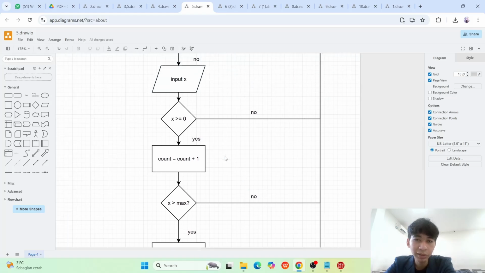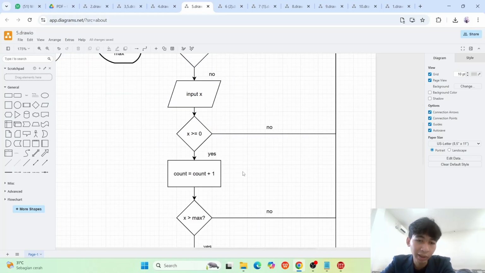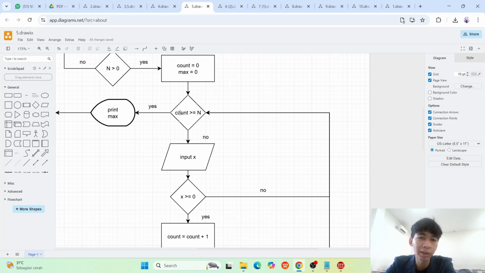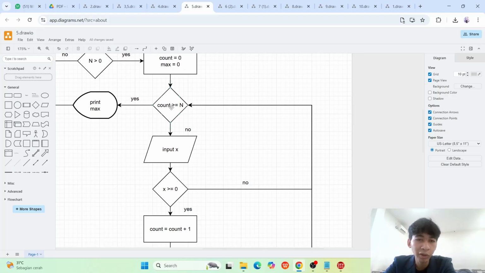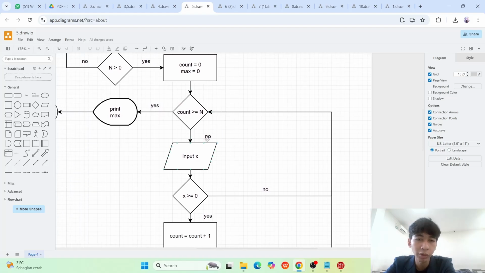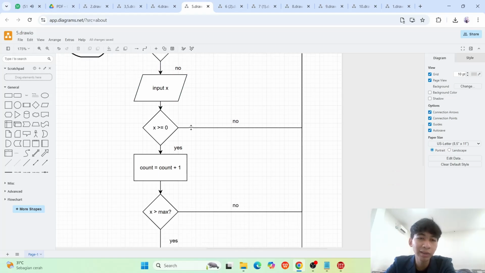And then this goes into the counter again. The counter is count plus 1, so the counter becomes 1. Is the counter with value 1 bigger than n, which we input as 5 before? 1 is smaller than 5, right? So this program will run again.